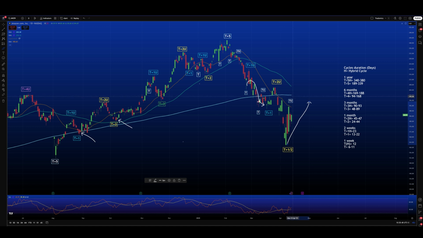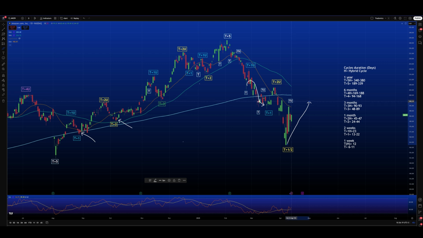It's true that Amazon is stronger compared to the others, but we are close to a death cross condition. So in the next days, if the price does not return immediately back to the moving average 200 where we have a certain resistance, then the moving average 50 will cross down the moving average 200. And therefore, in any case, even on Amazon, the situation will not be ideal for long positions.